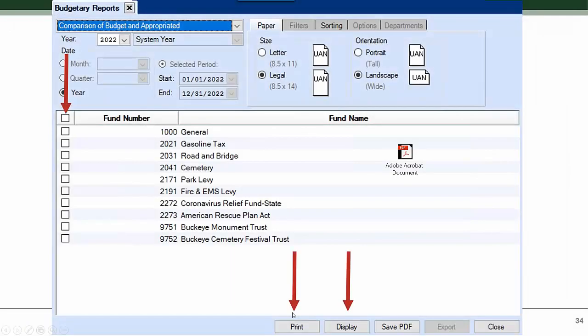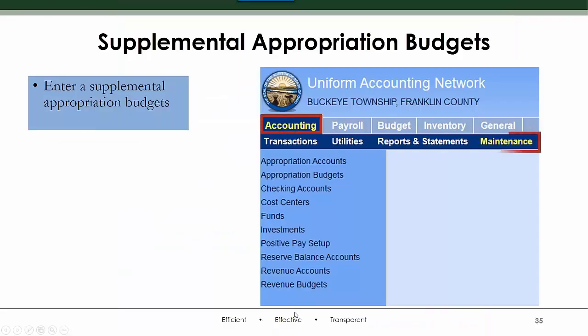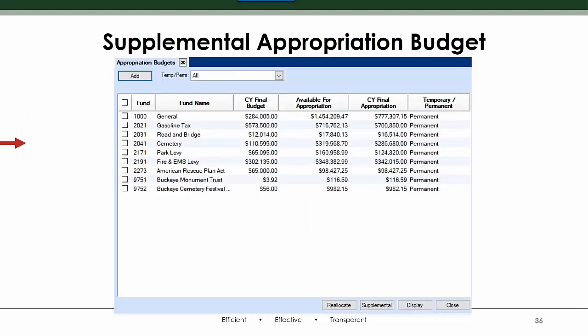So how would we do this? Well, I'm going to enter a supplemental budget. So if they told me at the last meeting, check it out and have that ready at the next meeting, right? Sometimes you're doing that. So I'm going to go ahead and enter my appropriation budget, dating it ahead of time for the next meeting because they want this ready to go. And so I can do that. Some of you are finding out at the meeting they want to do a supplemental appropriation. So you're not actually putting in that appropriation budget until after the resolution is adopted because it happened at the meeting. Sometimes you have the opportunity to put it in ahead of time.